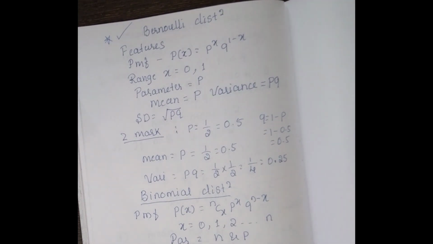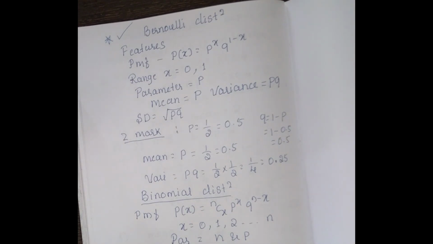In the next video I will do the normal distribution, chi-square and t distribution. The chi-square and t distribution are also very important for 1 mark and 2 marks. They are asking only 1 mark and 2 marks. In the theoretical distribution, chi-square and t distribution are only for 1 mark and 2 marks. You only need to prepare their features, and examples will be based on the features. In the next video, we will solve and calculate examples for those three for 1 mark and 2 marks.